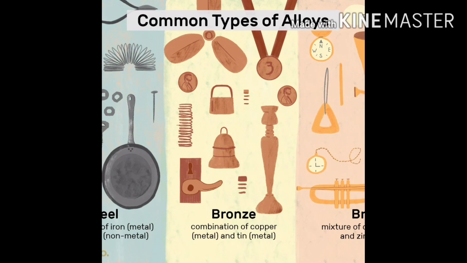Why? Because by mixing four types of metals, we can get a required metal, and we can avoid the process of corrosion also. So nowadays, for all the metals, instead of purity, we are utilizing the process of alloying.